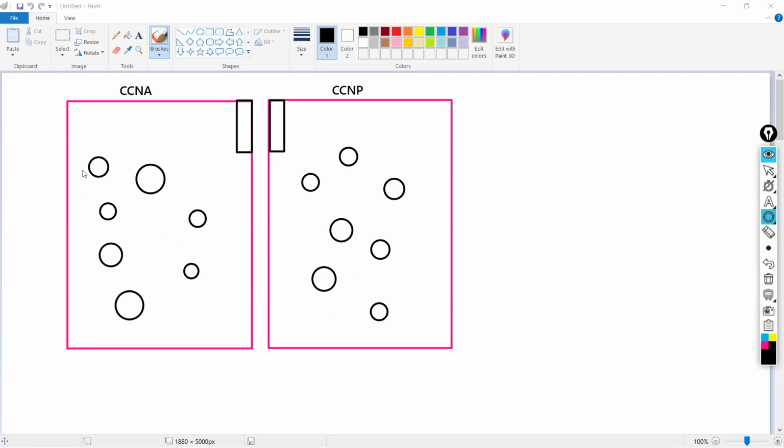So if these CCNA students want to communicate with themselves only, within the classroom only, then do you need to pass through any gate? No, because all of you are sitting here. So you don't have to go through any gate just to have communication within yourself. Correct? But if a CCNA student wants to have communication with CCNP students, then they have to pass through the gate,